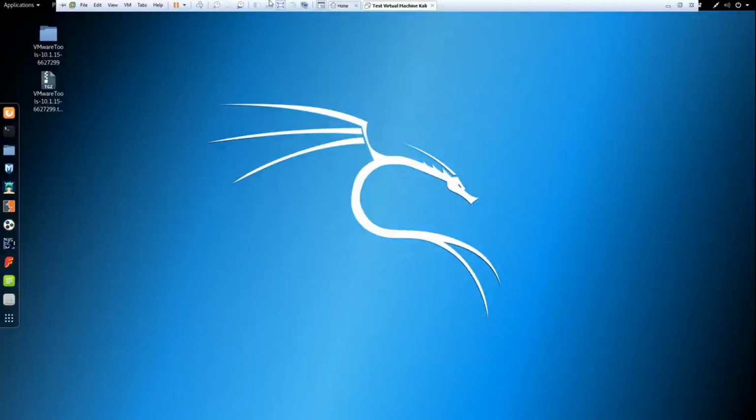Again, I'll be doing guides on the different virtual machine softwares, or should I say, virtualization softwares. And I'm also going to be making guides on how to install it on your physical machine, because many people seem to be